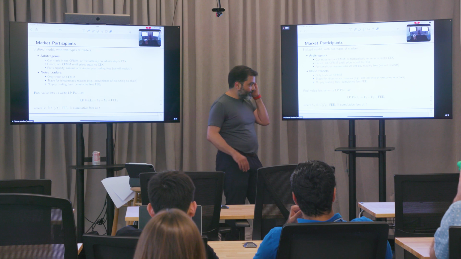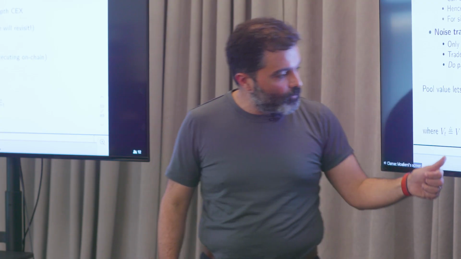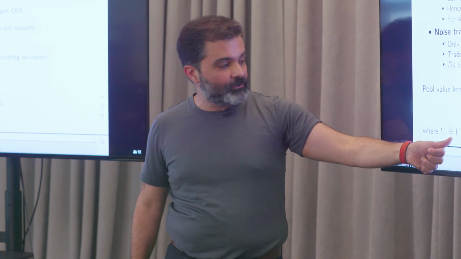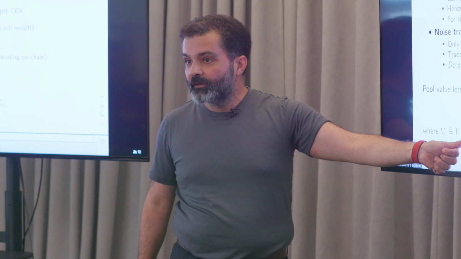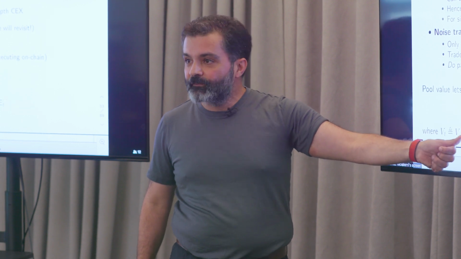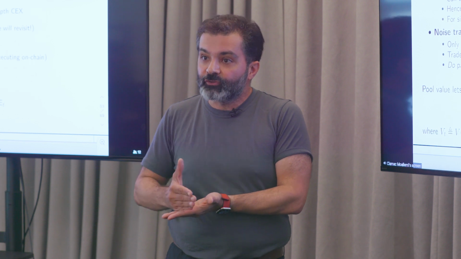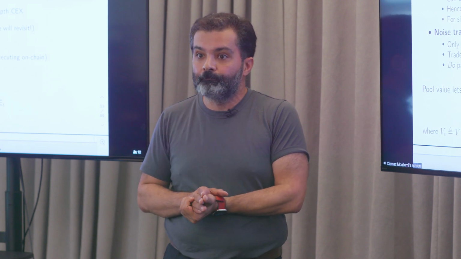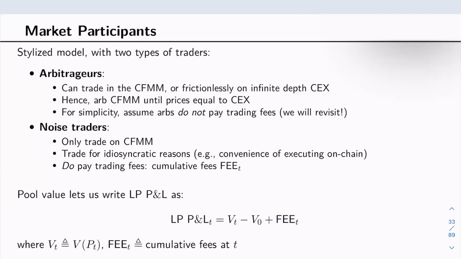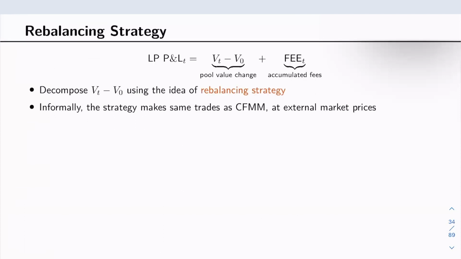And by the argument that I just made, the value of the pool has got to be given by that pool value function evaluated at the current price. Why? If it was anything different than that, some arbitrageur would jump in and trade until those two are forced to be the same. Because this is the only point at which arbitrageurs cannot make any money if the current price is P_T. OK, so we'd like to try to analyze this. We're going to focus on the change in value of the pool. We're going to ignore the fees that are collected for a second.